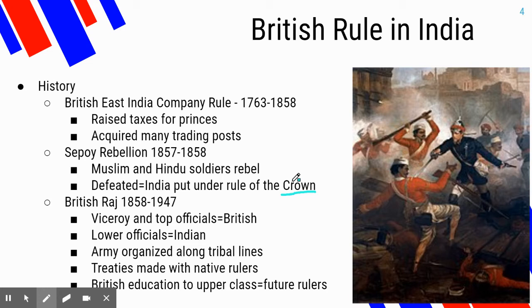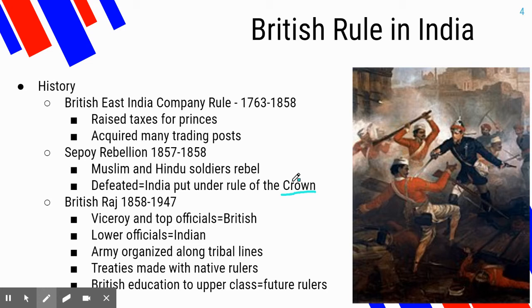This allows about 10,000 British to rule over 300 million Indians for over 100 years. They employ a divide and conquer kind of strategy where they divide up the area by organizing the army along different tribes. They make individual treaties with different rulers so the Indians can't unite against the British. They also offer British education to the upper class of native Indians,